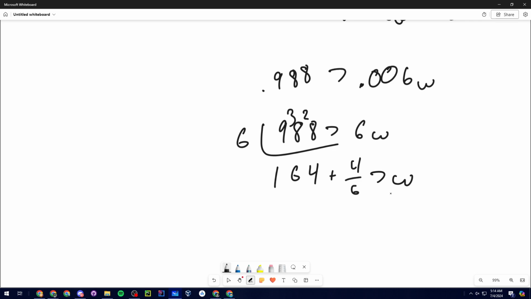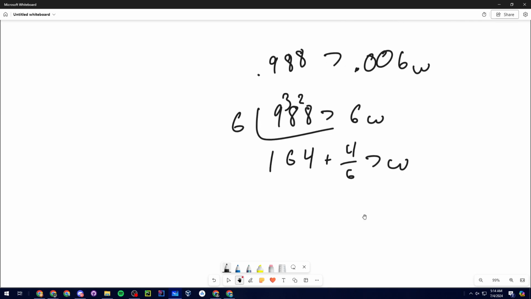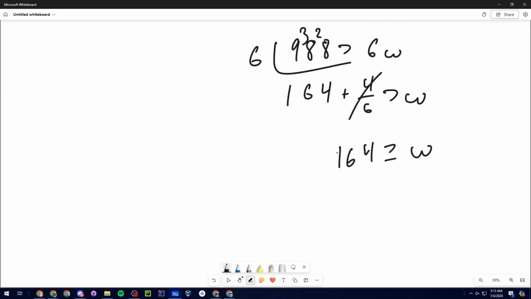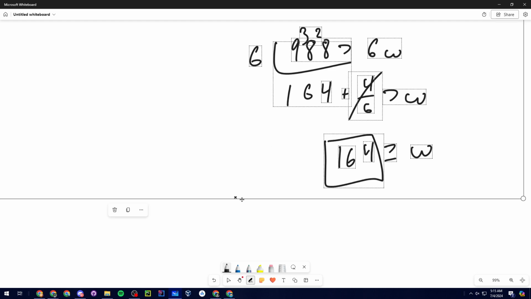Now the reason I write it like this is because it has to be less than this value. But thankfully, you know that a win is an integer, so you can just scrap this out and say that 164 is greater than or equal to W. Your max value for W is just 164. All right, so that is that problem. Now the last problem